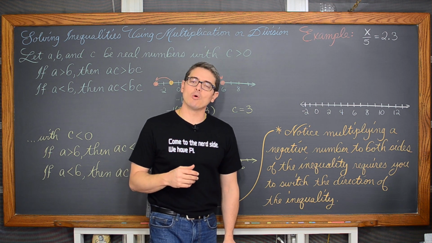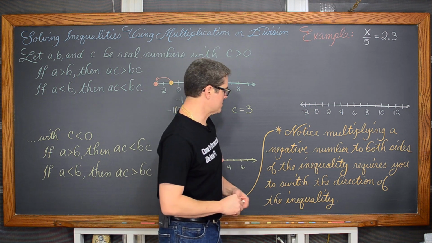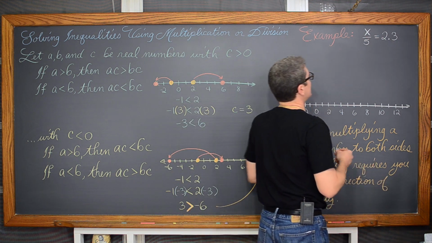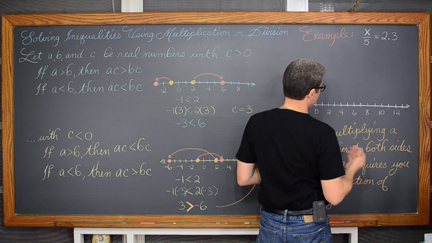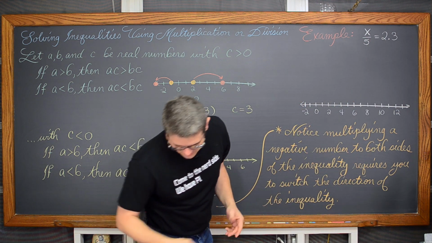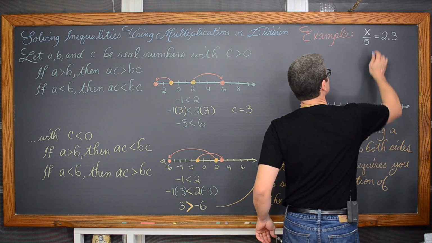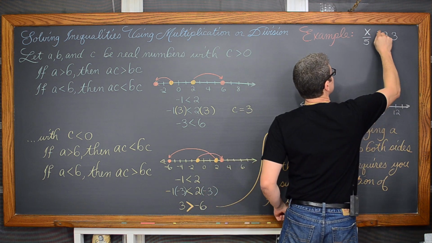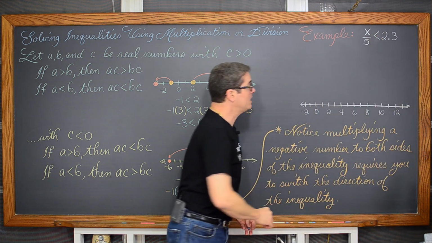Now, when you're working with fractions and you're doing multiplication and division, you don't have to go through that nasty common denominator process, or you might think it's nasty. It certainly takes a little bit more work than with addition or subtraction. So this will go quicker. We don't need to find those common denominators. We have not an inequality. I intended this to be less than, so let's change that. We have x over 5 is less than 2.3.